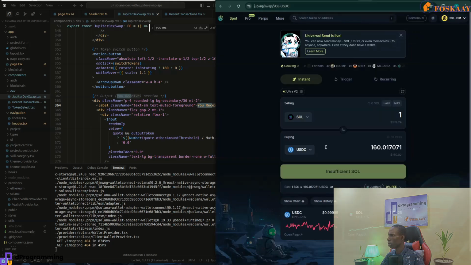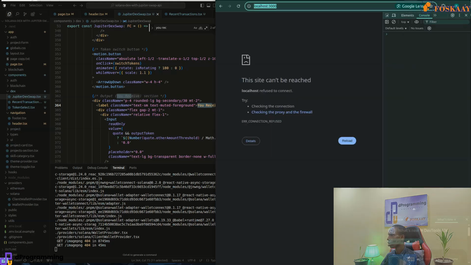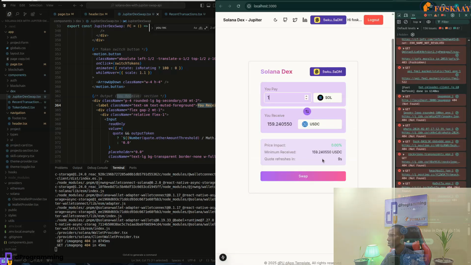Jupiter itself and put one SOL. And here it says one SOL is 160.01. Let's go back. You see it is very near the minimum received. So you can see that this is refreshing like every 15 seconds. We have a timer that is giving the user an idea, but what we have here is even